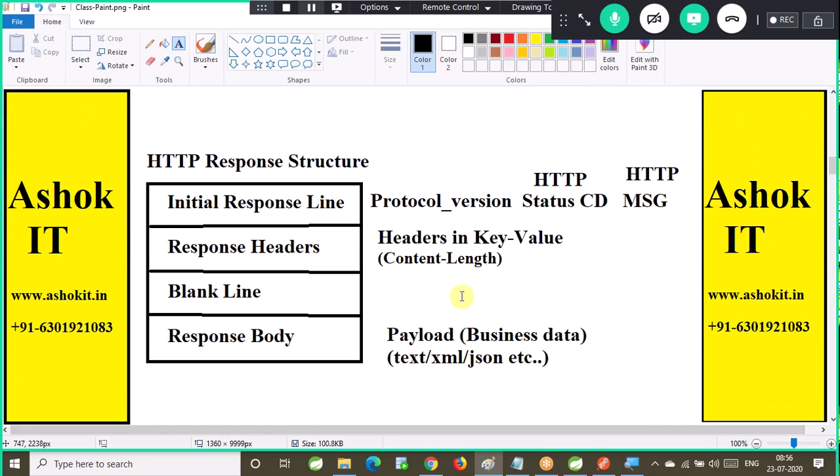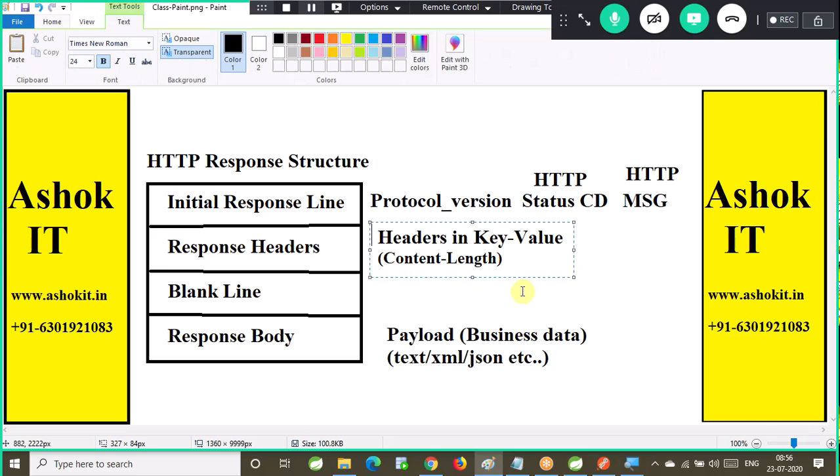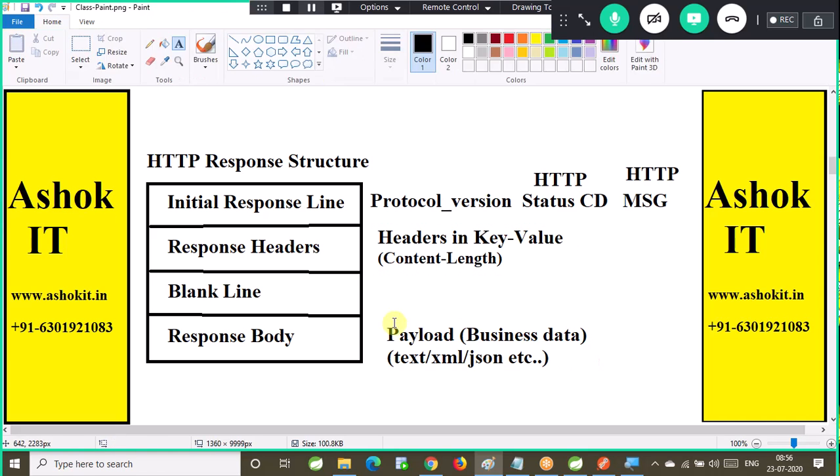Right. Next one. Once the client sends that request, the server will process it and send a response back to the client. That response contains which protocol we used, the status code, and the status message for your response. Then response headers will be available. One blank line separates the header and body. The body contains the payload.